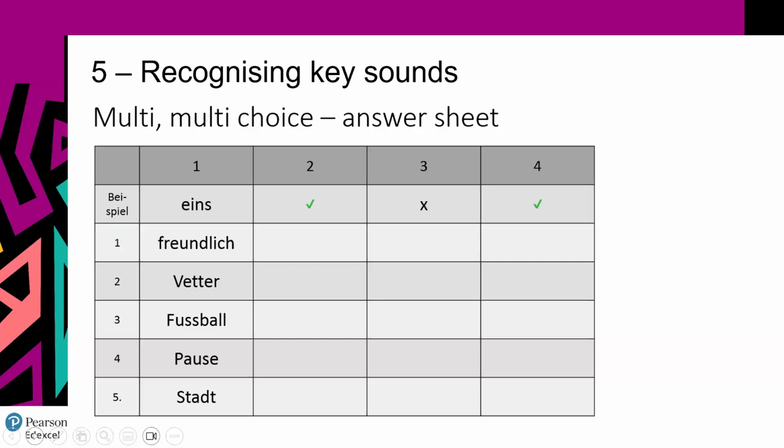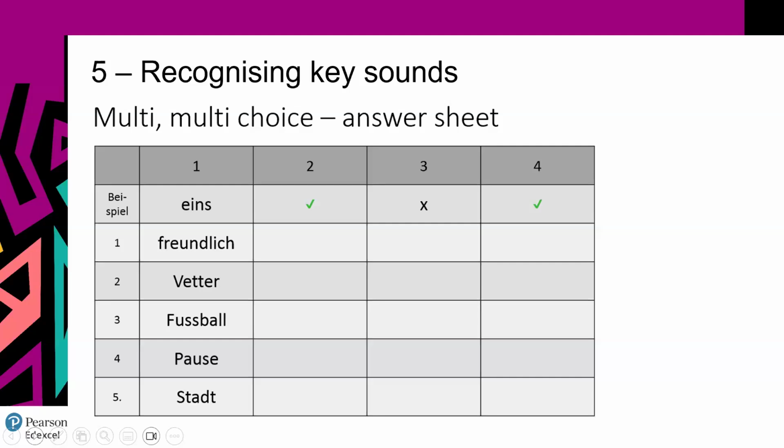So another activity. Obviously we've introduced the sounds, we showed them, we've got visuals, we've got transcription, we've got symbols, so we use different ways of introducing the sound. And then we're going to start getting them to recognize the key sound. So here is an example of what we could do. For example, in German, I want to see whether they can recognize a particular sound, the sound as in eins, so the i